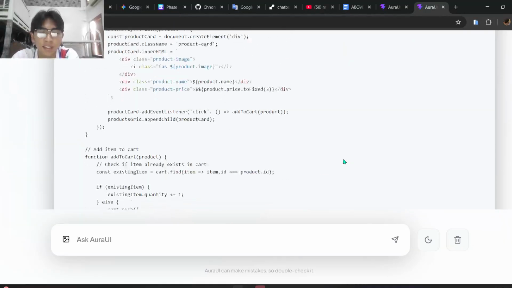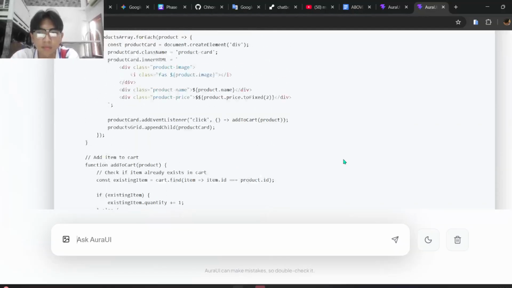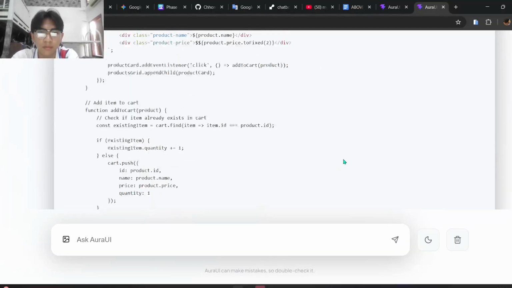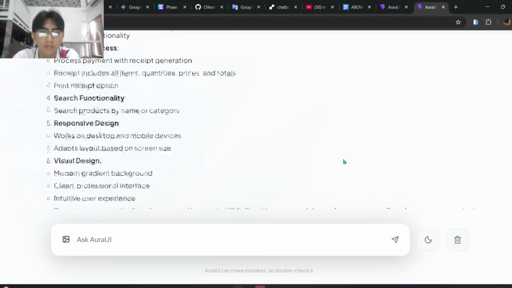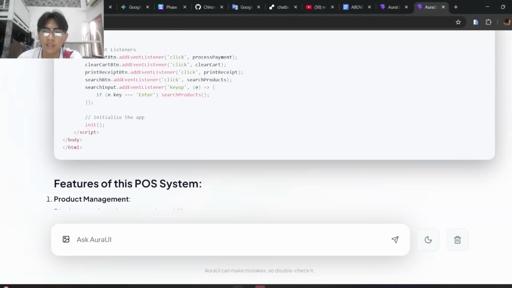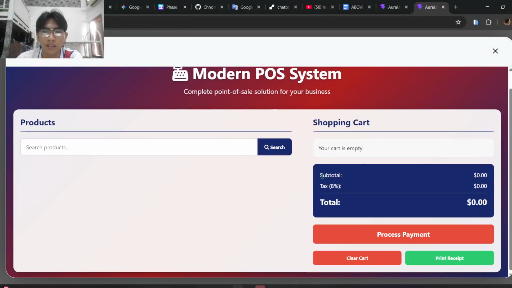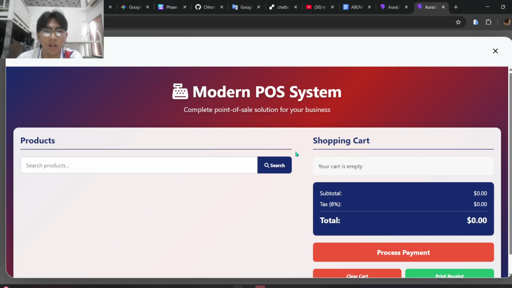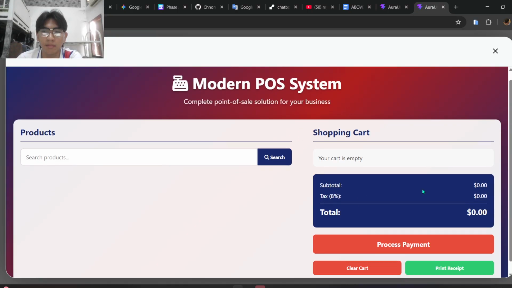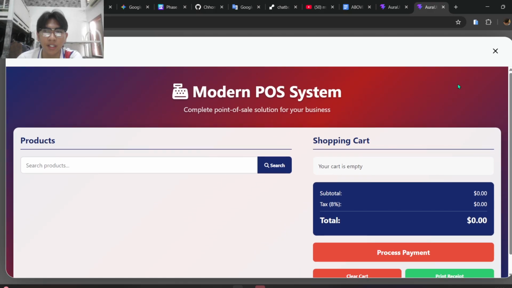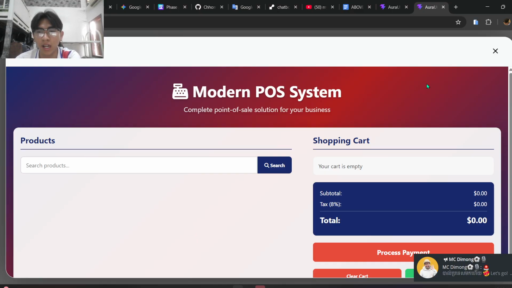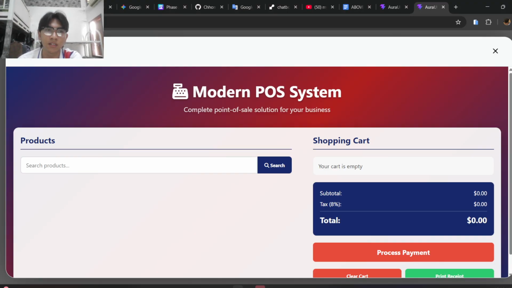Let's wait together. So we preview it. This is the UI of a POS system that my AI generated. It can only generate UI components, and my target is focused only on students and developers.